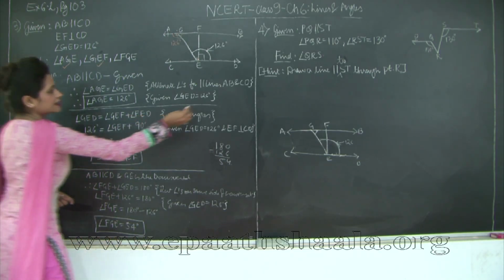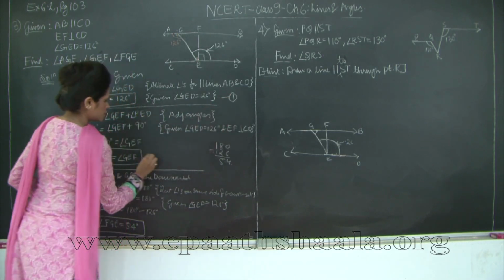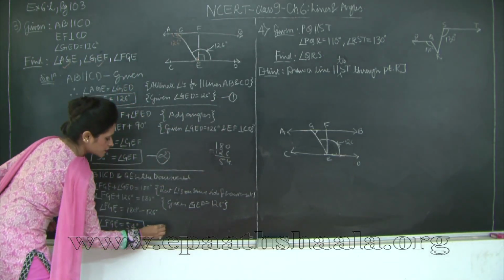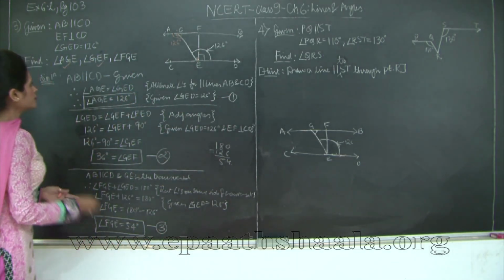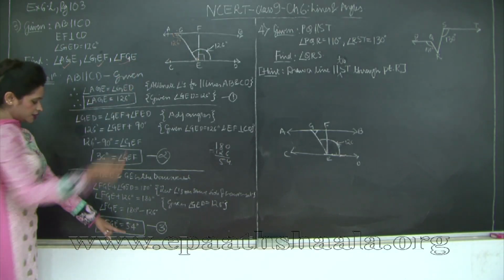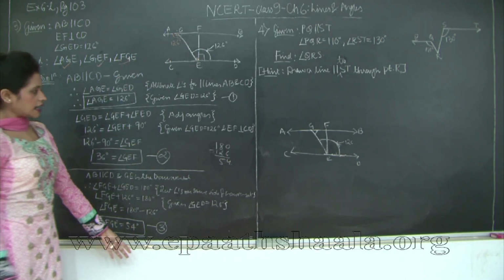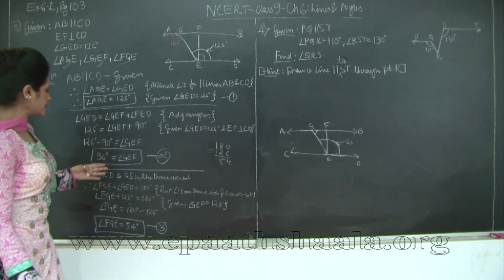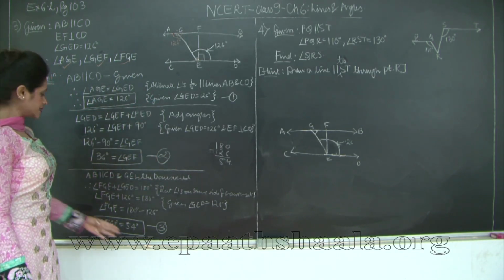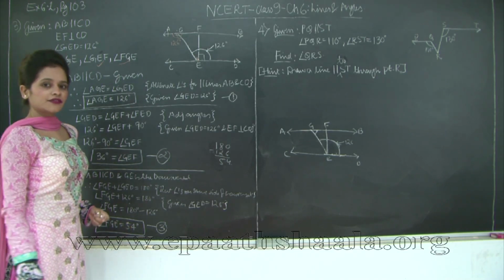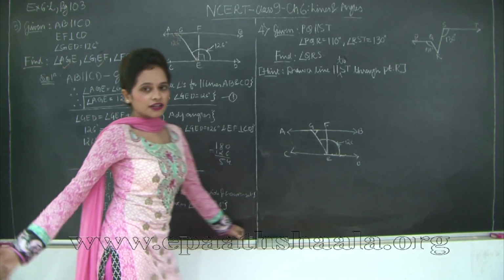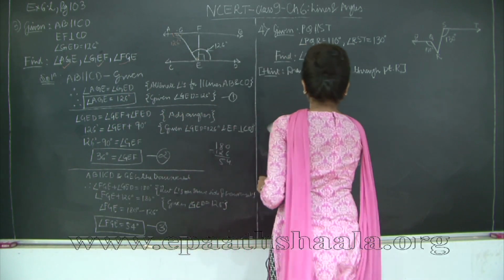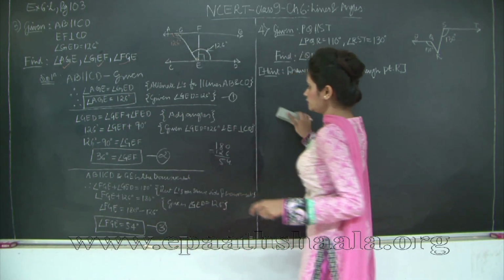Therefore, you can just mark these equations as 1, 2 and 3 because they are the solutions to your problem. We have found this angle as well out here. So, you can just say answer from 1, 2 and 3. We have angle AGE is 126 degrees, angle GEF is 36 degrees and angle FGE is 54 degrees. Please take a look at this question and the solution as well.